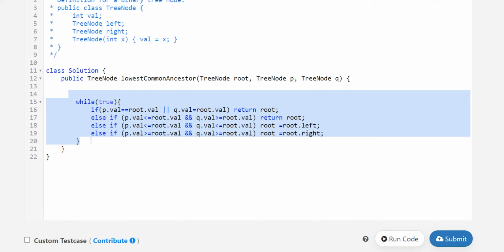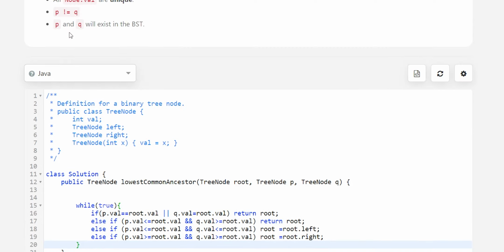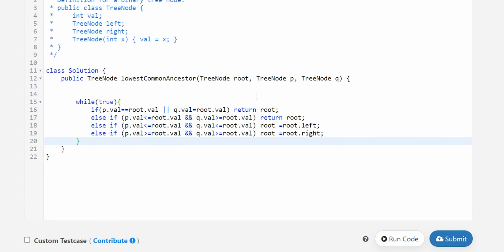Now I'll explain you step by step. So first I've created a loop through which I'll iterate, and I have created an infinite loop because P and Q will always exist, so whenever we find it we will return. So it doesn't matter if we have an infinite loop.